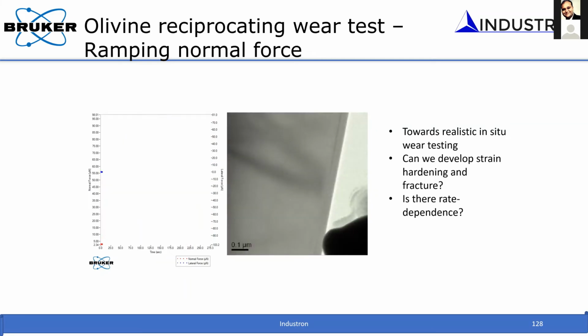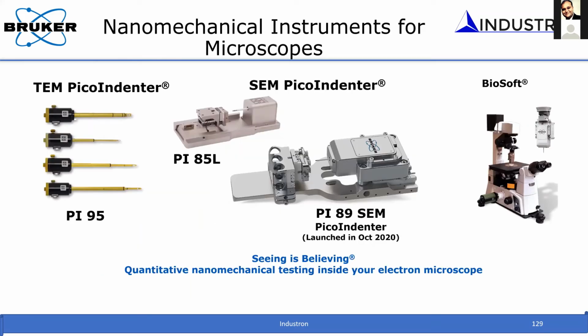Okay. So right now, I'm going to jump into SEM. In the TEM, we can do fundamental research and understand the deformation mechanics, and how dislocations nucleate, fracture initiates, or phase transformation happens. All those fundamental things we can observe. But in a practical sense, if you want to understand the fracture behavior for a bigger sample, we like to do it inside a scanning electron microscope,